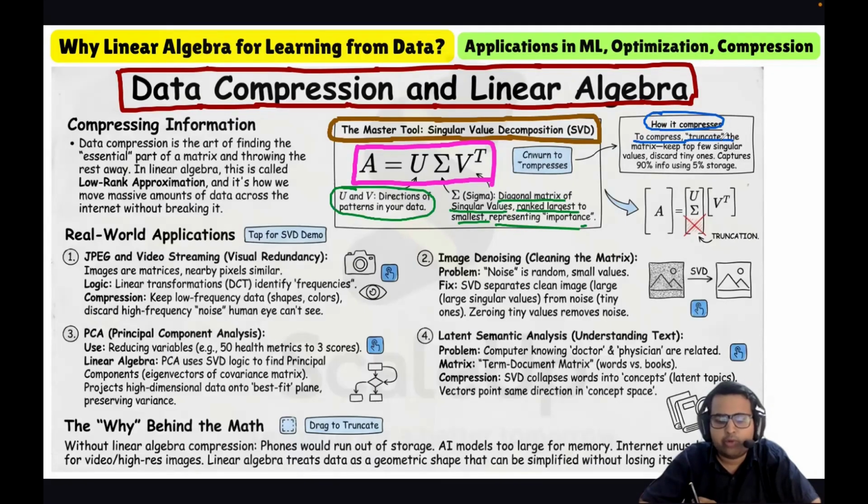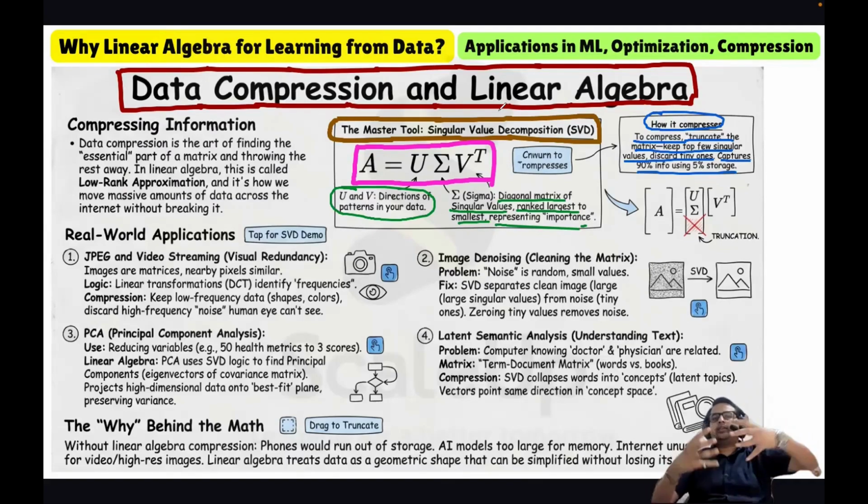You keep only the top few singular values and discard the tiny ones. And with this, we are capturing 90% of the information using only 5% of the storage. So now the idea is very clear, like how we do data compression. We make use of a technique of linear algebra, that is the singular value decomposition, wherein the matrix containing the